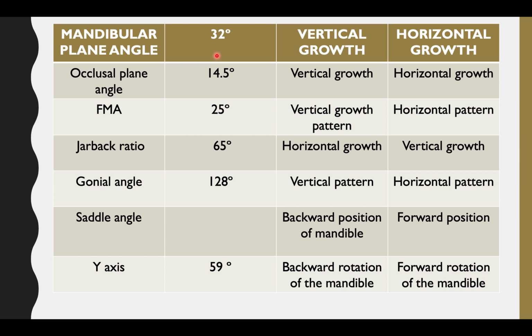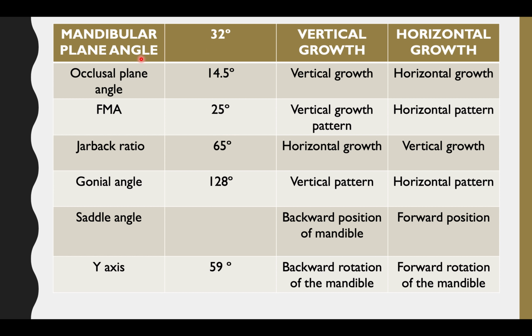Normally the questions include an increased or decreased mandibular plane angle, and what the growth pattern will be like. They won't ask you for the mean value, but it is important to note the mean values of the parameters which I discussed in this video. At least 20 parameters will be there. You have to know these mean values, and it will be very easy for you. Revise the cephalometric mean values and understand the concept behind them. Definitely the case based questions can then be easily answered.